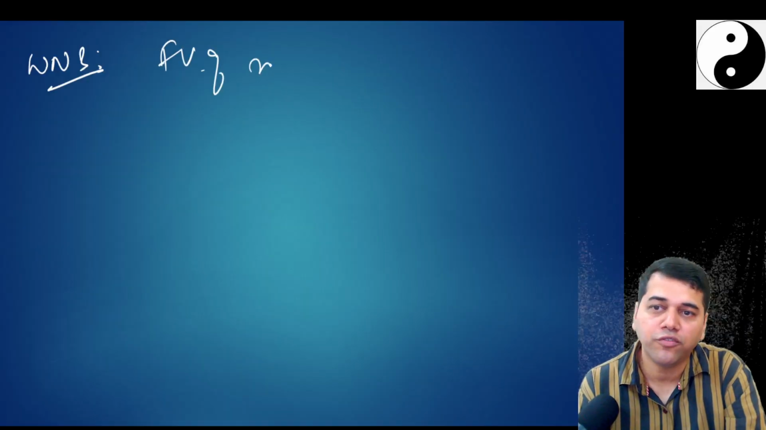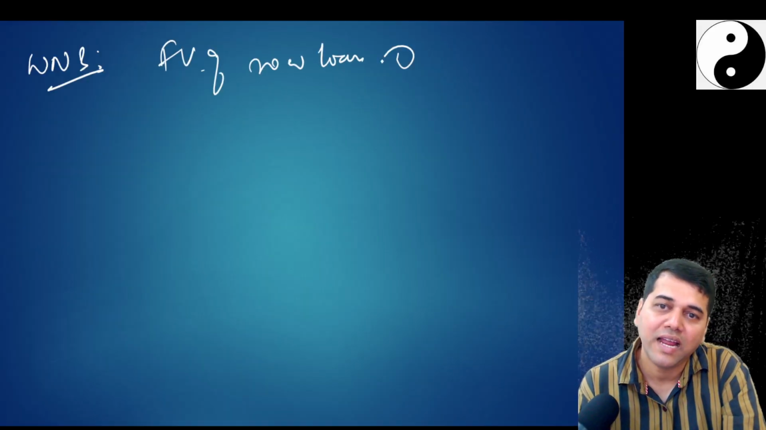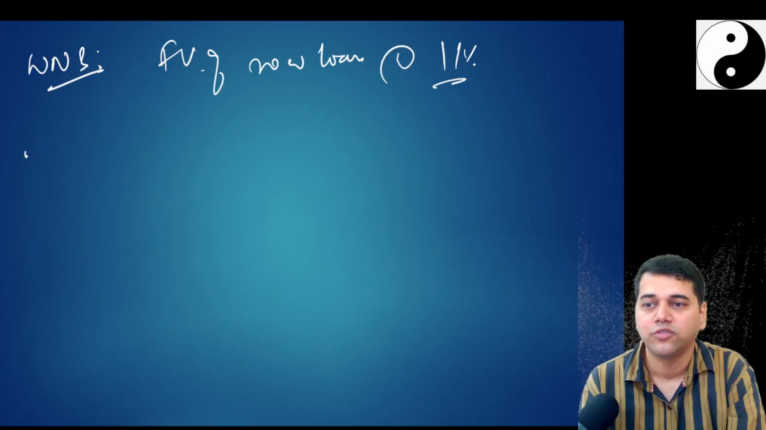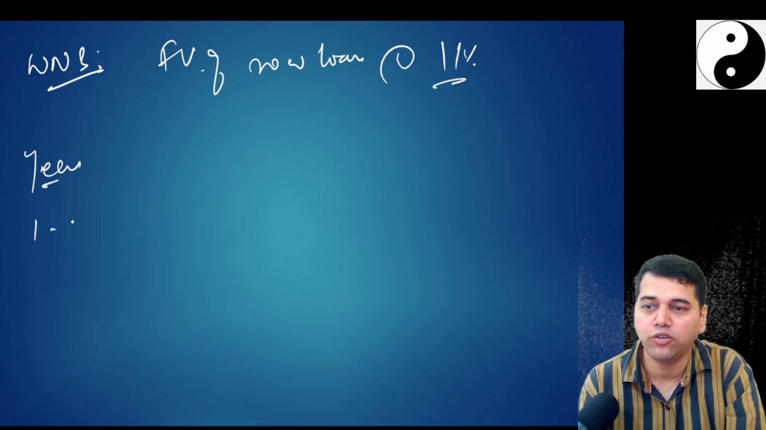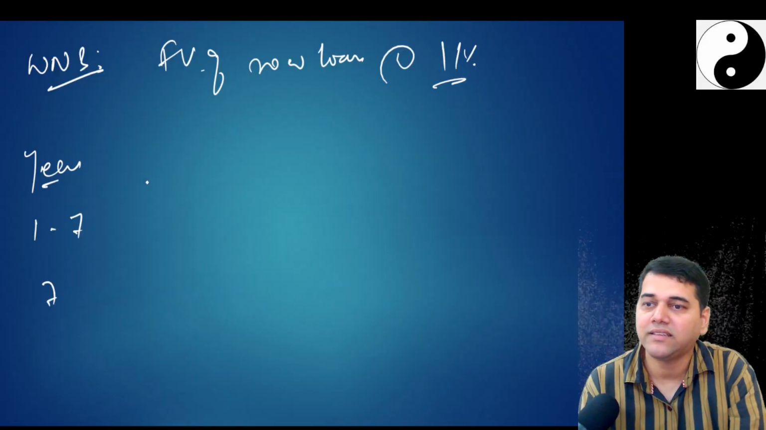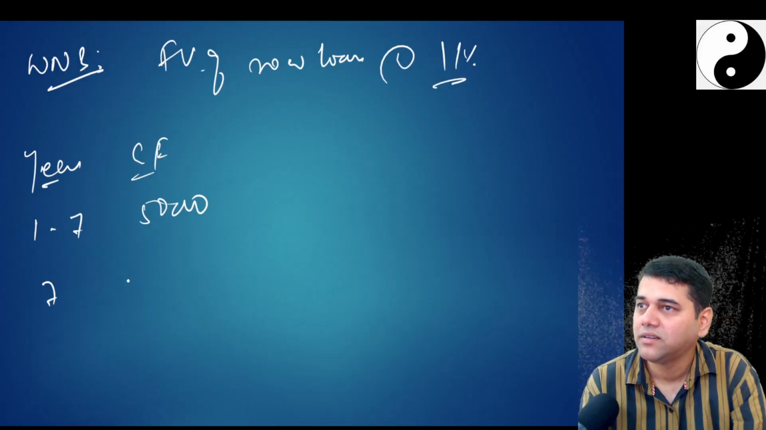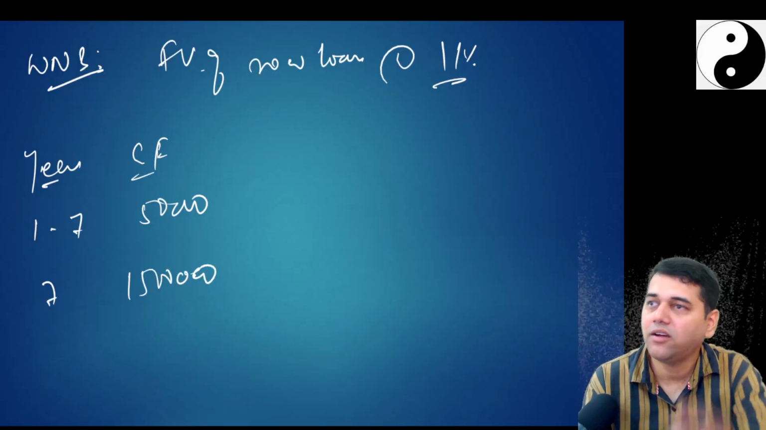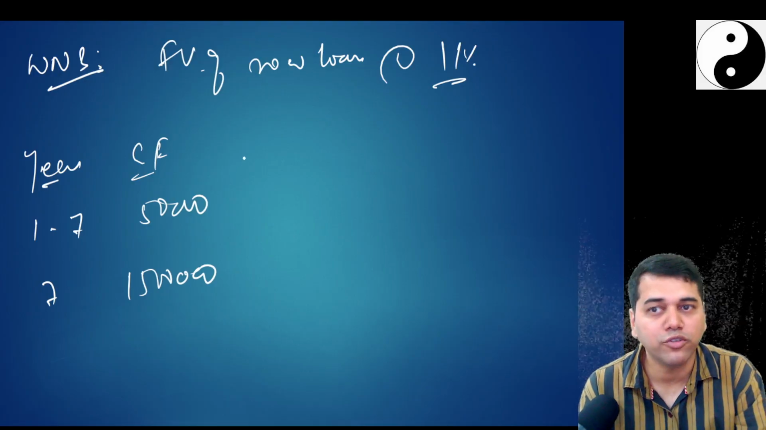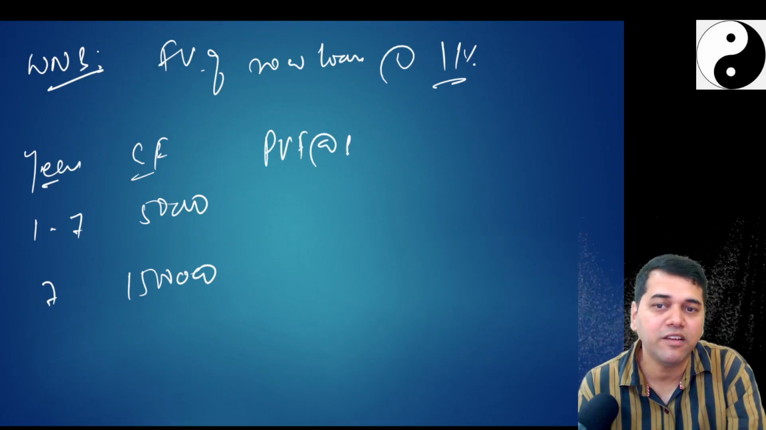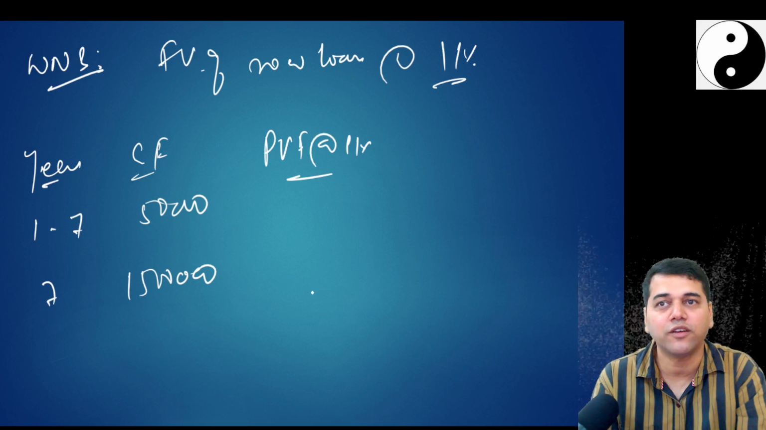Fair value of new loan at 11%. So here you have got years 1 to 7, and the 7th year. Cash flow you know already, 50,000 and 15 lakh. Already we've done, no? Only thing what is going to change now? Present value factor will be at 11% now, because we are trying to find out the fair value,